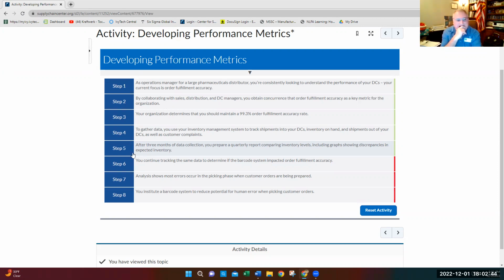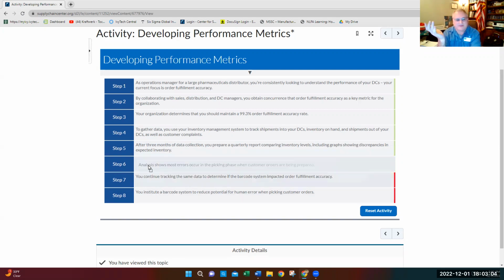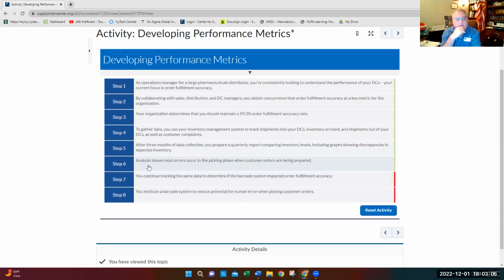So we're on step 5. After 3 months of data, you prepare a quarterly report comparing inventory levels, including graphs showing discrepancies and expected inventory. So now analysis shows errors occur in the picking phase is probably the next one, right? So when you're picking it,